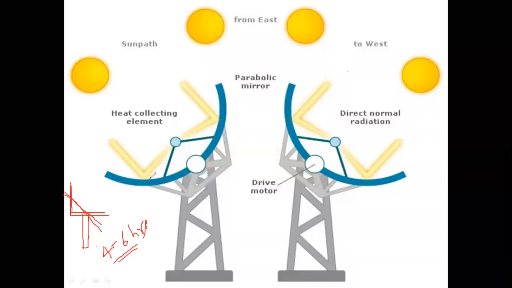For that purpose, in the morning we place the panel in this direction so that the sun rays fall on it. From 8 up to 11 o'clock we are generating power. After 11 we are not able to generate power. So here we are generating only 2 hours per day. That is, after 12 p.m. we can't generate the power.